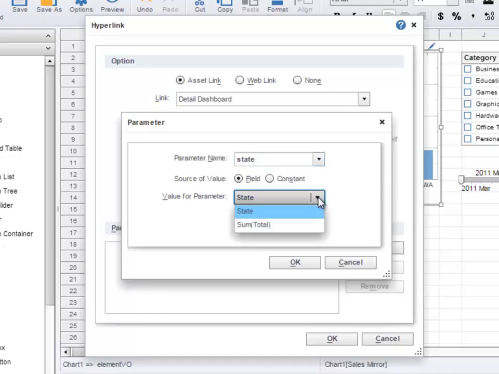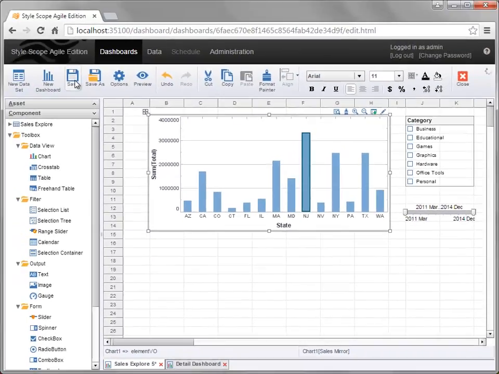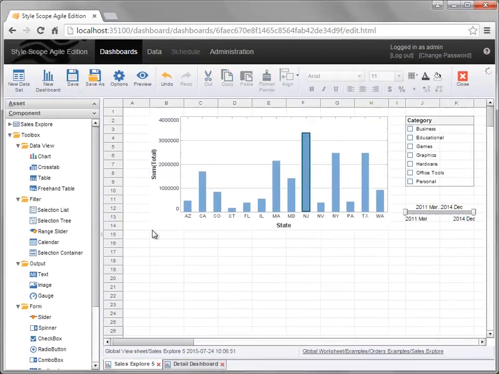From the value for parameter list, select the value that you want the hyperlink to pass into the detail dashboard. In this case, we'd like to pass the state name into the detail dashboard. Press OK to save the parameter information, and press OK again to save the hyperlink. Save the dashboard, and then preview the dashboard by clicking on the Preview button in the toolbar to test out